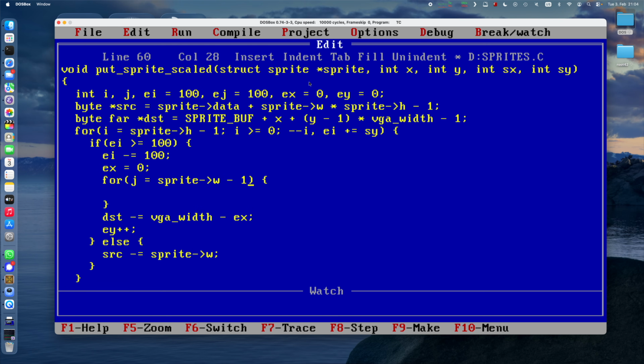-1, same reasoning here. J must be greater or equal to 0, so we're walking downwards, and this will give us a loop of exactly length sprite width. Then we need to count down J, of course. We need to count down our source variable, because we're going to the next sprite pixel. And we have to increment our error corrected